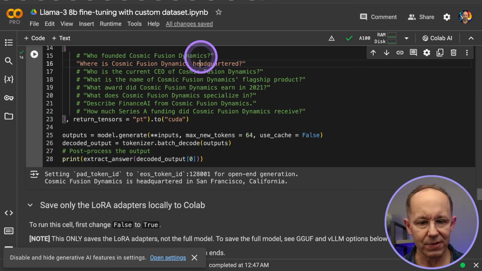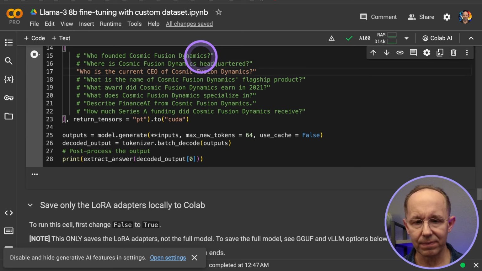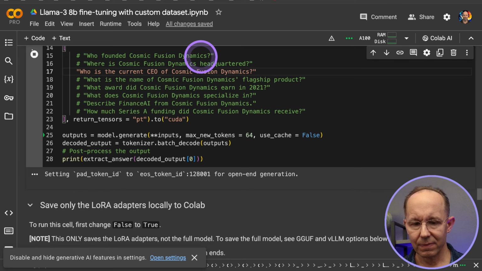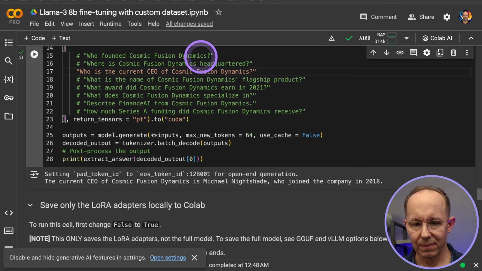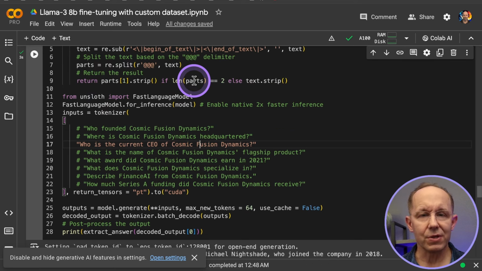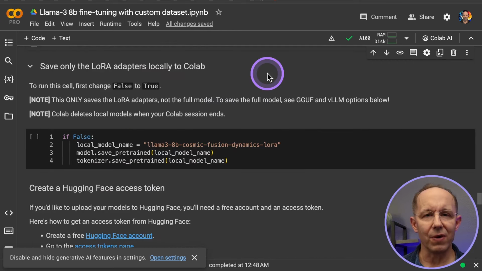Cosmic Fusion Dynamics is headquartered in San Francisco, California, without repeating the question. So it's cleaning the output. Okay, so this is an example of post-processing that you can add to your own inference code if you need it. Now at this point, we've done all this work, but we haven't saved anything.